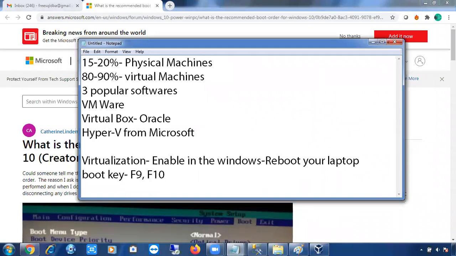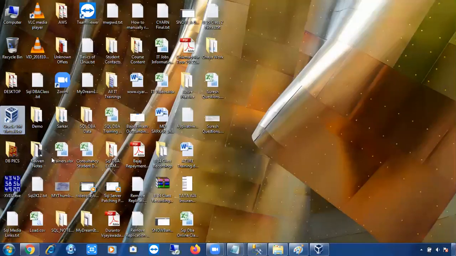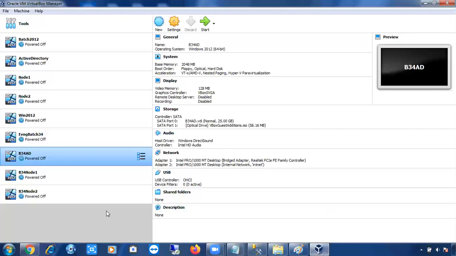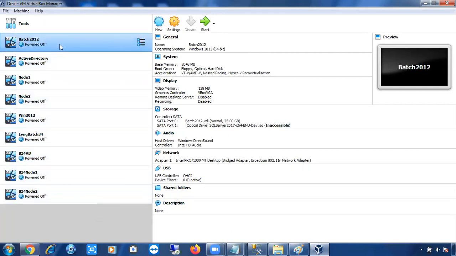Now, as I have already installed my VirtualBox software on the local laptop, I have to show you how to install this VirtualBox software. Again, I cannot install it, I'll get an error. So I'm going to turn on one virtual machine. I'll connect to that virtual machine, then I'll show you how to install the VirtualBox software. Let me go to any machine. Okay, I'm starting this machine. You can double click on it. Again, don't worry, I'll explain every option.